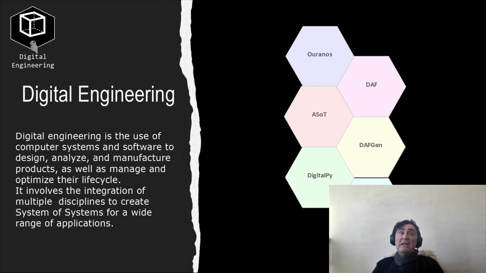Digital engineering is the use of computer systems and software to design, analyze and manufacture products, as well as manage and optimize their life cycle. It involves the integration of multiple disciplines to create systems of systems for a wide range of applications. So in our case, we are using a subset of digital engineering concepts, and our scope is to create a better application